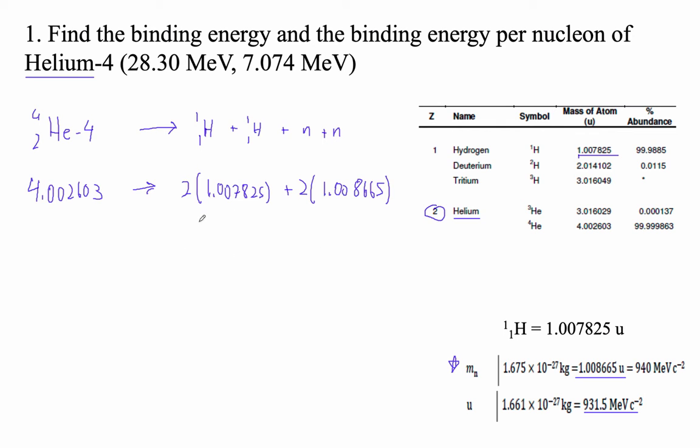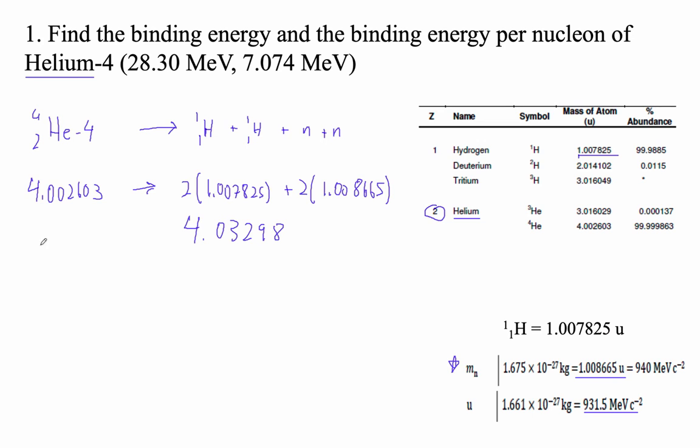So let's add up this side here. Let's go 2 times 1.007825. Definitely don't round these. Where did we get all that precision? Plus 2 times 1.008665. We get this from those mass spectrometers that we talked about in the last chapter. So the taken apart mass of helium is